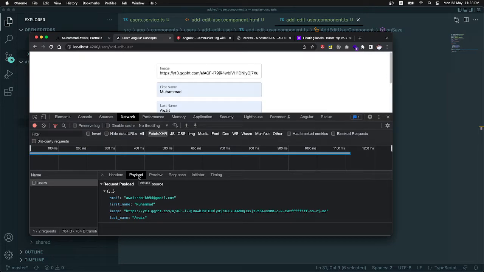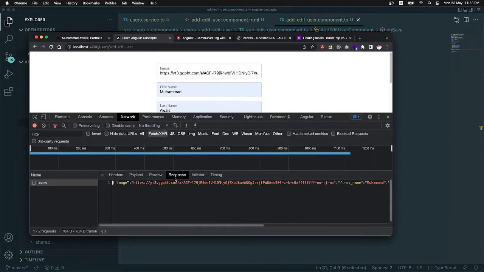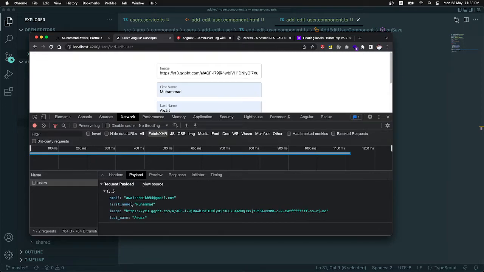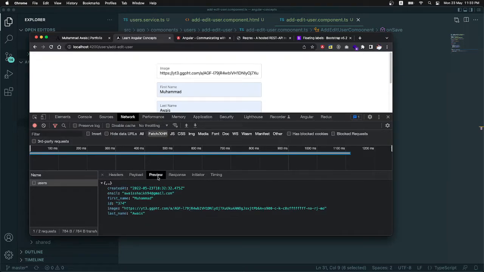Request payload means whatever data we have sent from the user interface to the backend API call. So this is the payload: first name, email, last name, and image. Then preview and response is what? This is the response coming from the database, from the API. It says this payload was sent, and it is stored in the database successfully, and this is the snapshot for the successful